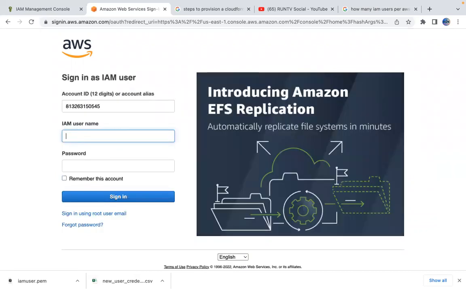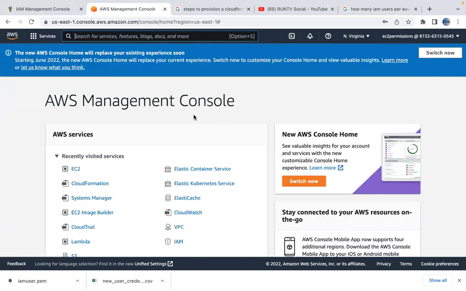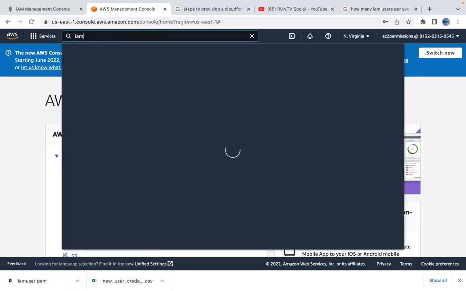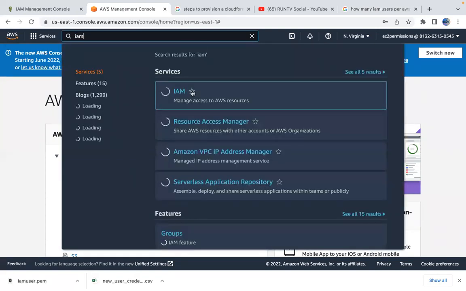Okay, now let me provide my password. Now go to the IAM dashboard, and this time we should see that